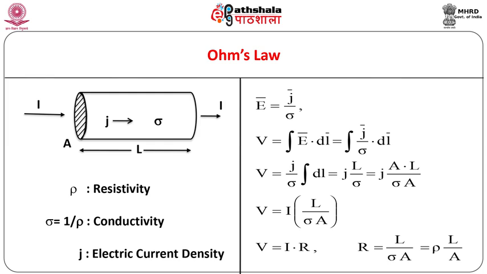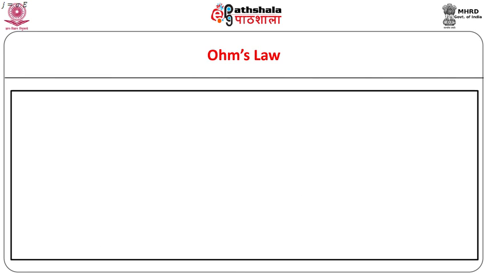Along their path, electrons continuously accelerate and decelerate due to collision with intermediate atoms. Due to such collisions, energy is dissipated. This gives rise to what is known as potential difference across the ends of a conductor. This potential difference can be computed using the line integral of electric field as shown. The mathematical computations lead to the expression for resistance as shown.